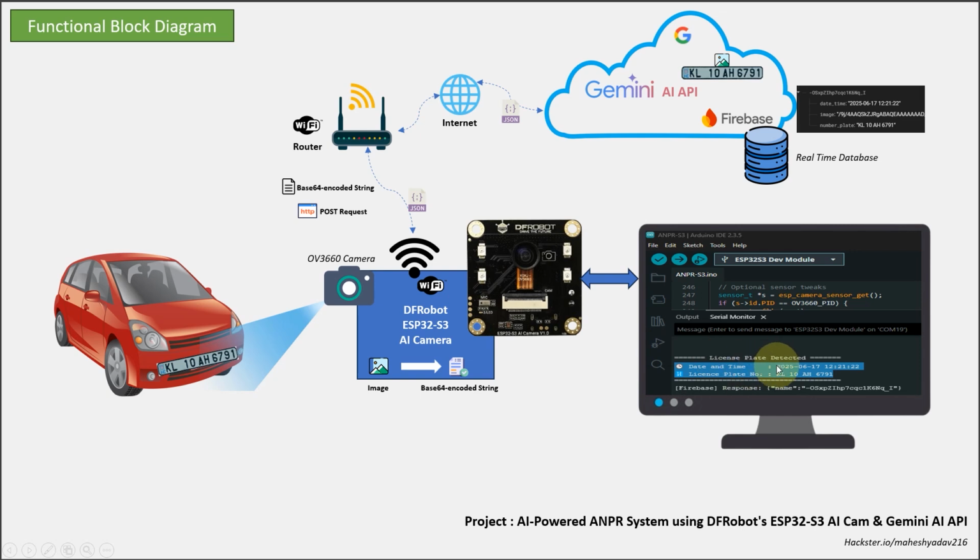We have added the logic that if the license plate is valid and the number plate has been extracted, then it will send that number plate and timestamp to the real-time database. In the Firebase database, you will get an entry like this: the date and time and number plate. So you can see here, this is the license plate KL10AH6791. Its image is then converted into this base64 encoded string, then via Wi-Fi